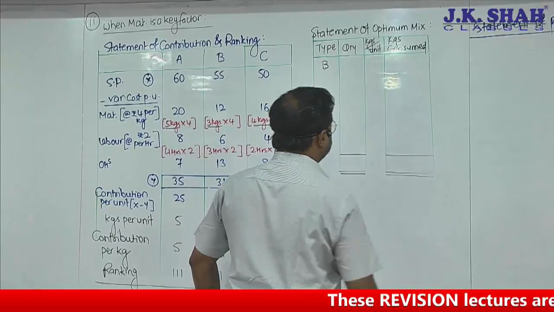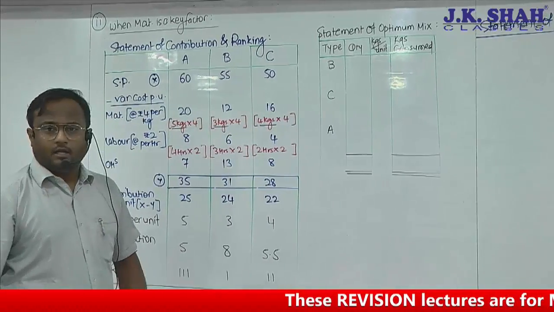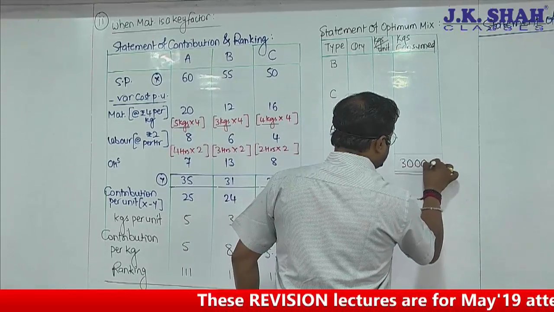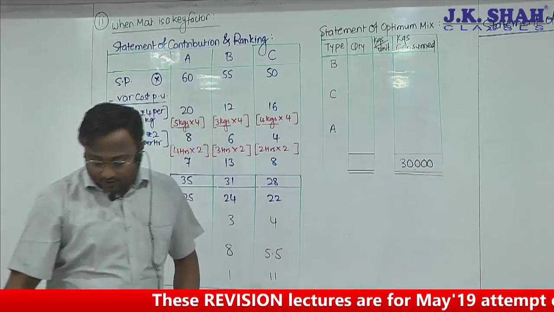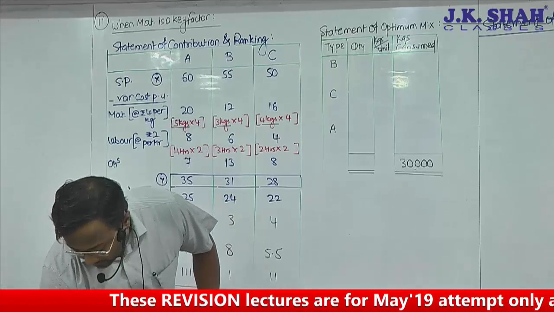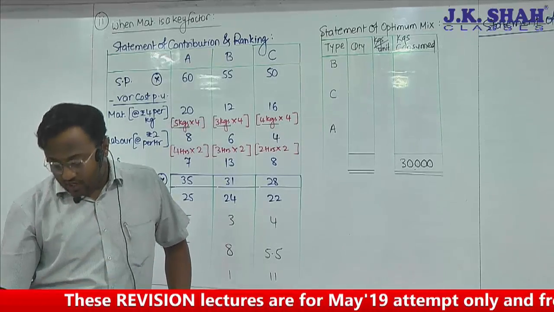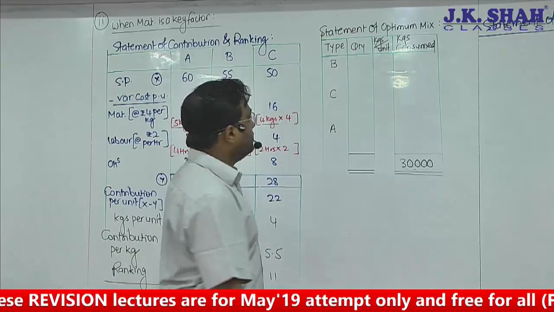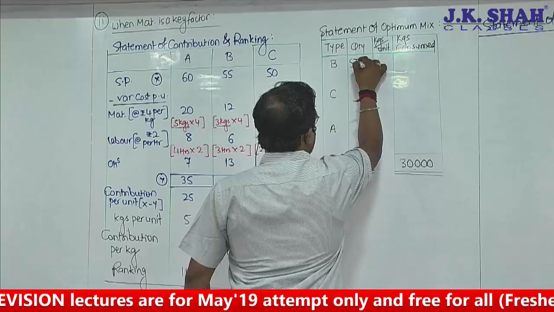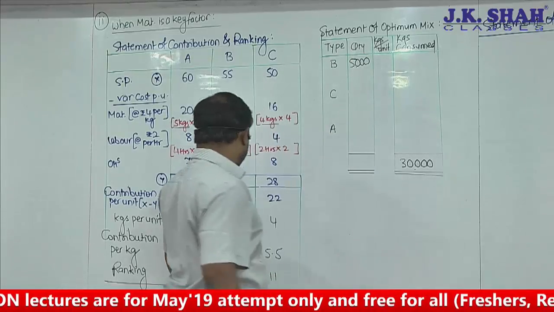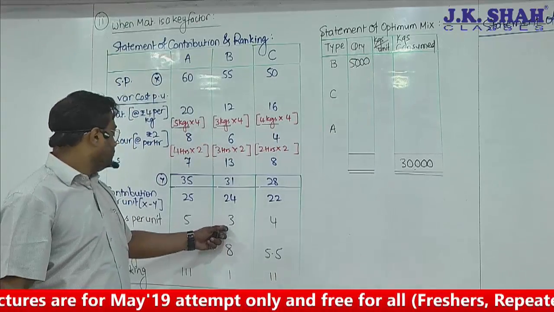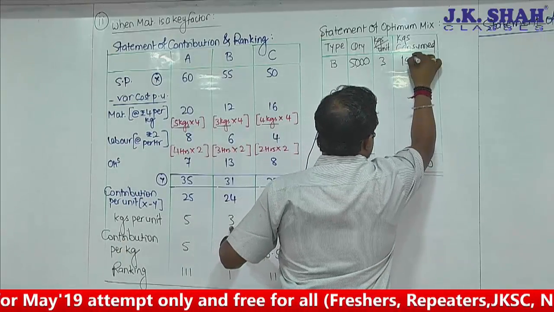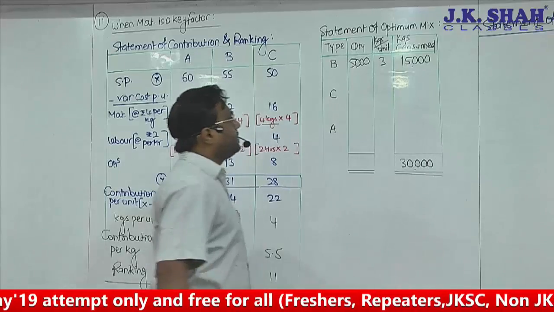Okay. How much is the total material available? 30,000. How much is the demand for B? 5,000. How much you have decided? 3,000. Will you still be stuck at 3,000 or you will start producing 5? Naturally, if I get more profit, I would go for B, 5,000 units. My consumption requirement is 3. That means my 15,000 kgs will be first utilized for